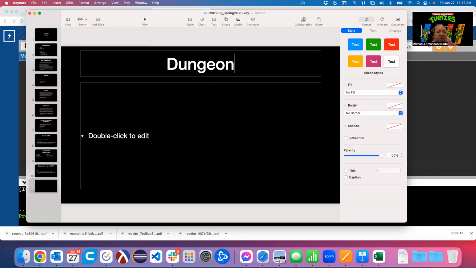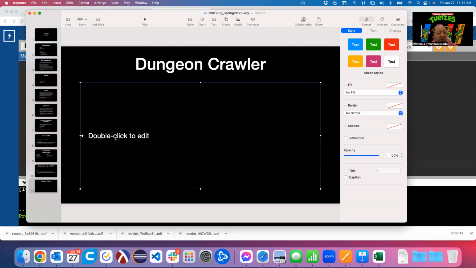So we had our dungeon crawler, right? And in our dungeon crawler, we had our dungeon. Our dungeon was a collection of rooms where one room was a starting point. I think that's how we had written it, right?